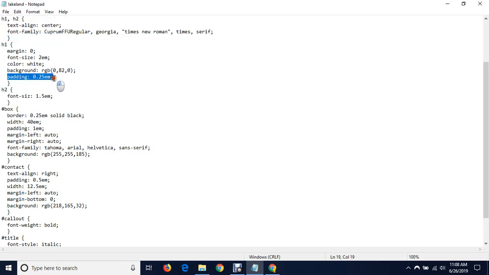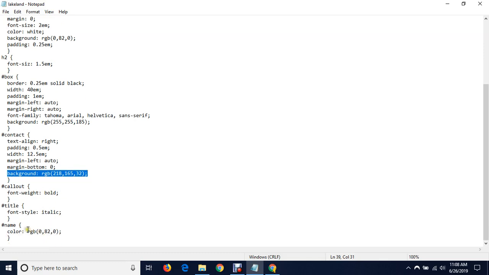You should have padding. We added a background color to the box. We added a background color to our contact information. One other thing we want to do is make the name of the owner bold. So after